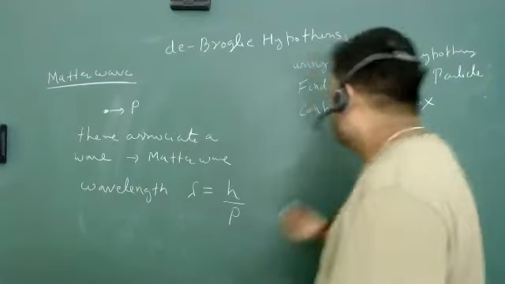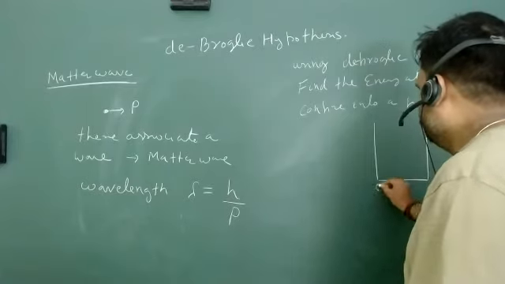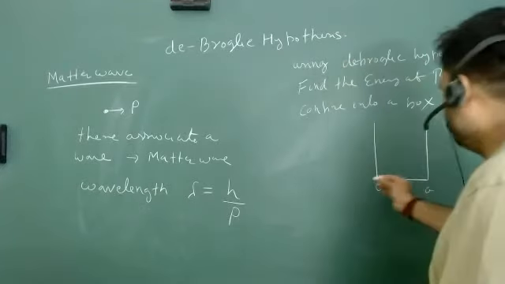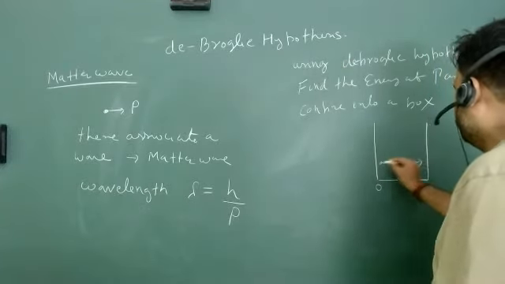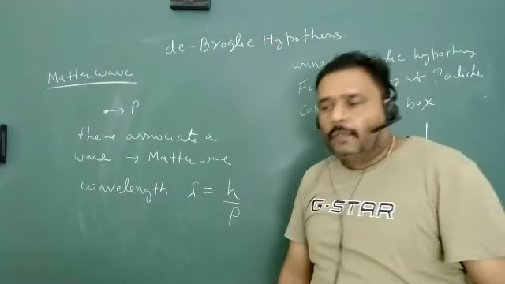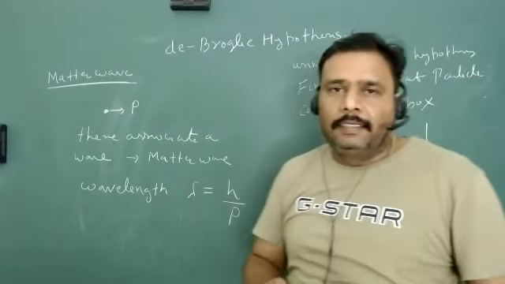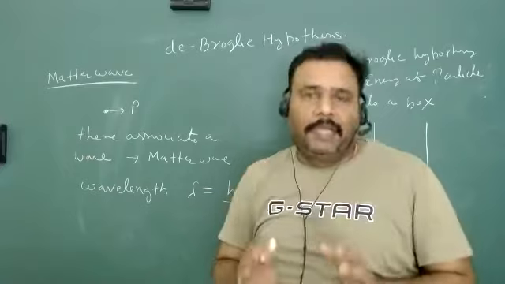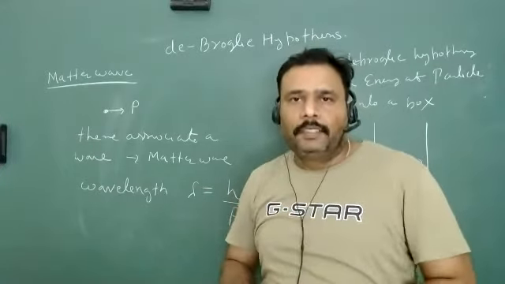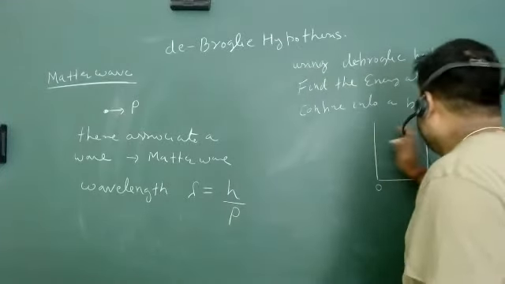So again, it is a one-dimensional box, between 0 and a. I am taking the same box as in the last problem. So this is the box, and the particle is just moving inside it, up and down, going there and coming back. Now, what is the meaning of that? If a wavelength is associated, then that wave will follow exactly the same pattern of the fundamental mode, first overtone, second overtone and so on. It must follow that. So what can be the possibilities?